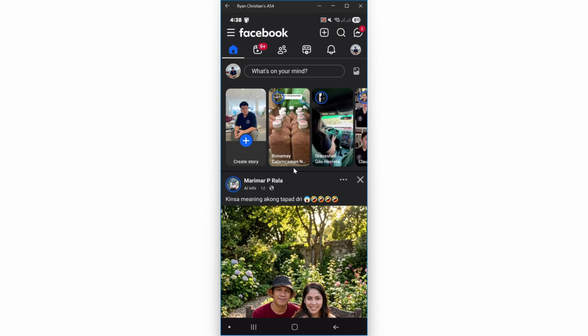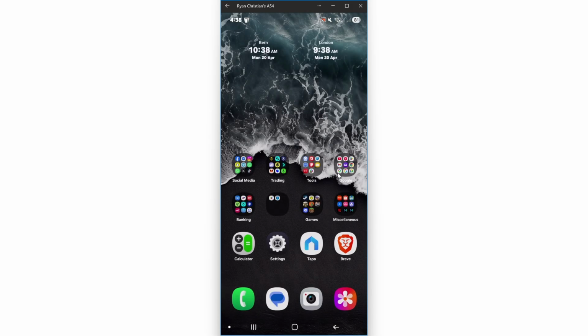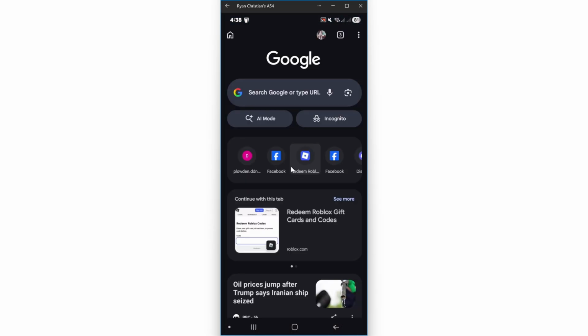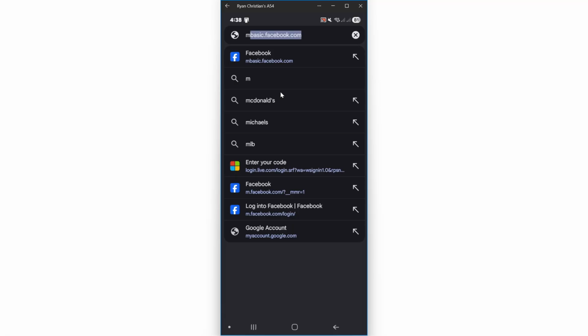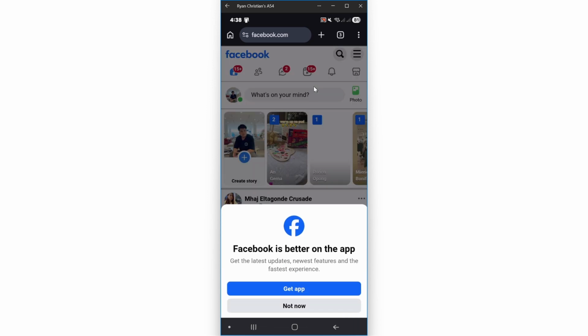Now, before when we used mobile data, we would be able to see "Switch to MBASIC" right here from the app, but now it is not available. And when we go ahead and use a browser, it could be Google Chrome, Safari, or whatever, and type down mbasic.facebook.com, when you tap on it, it will just lead you to where? Facebook Lite or